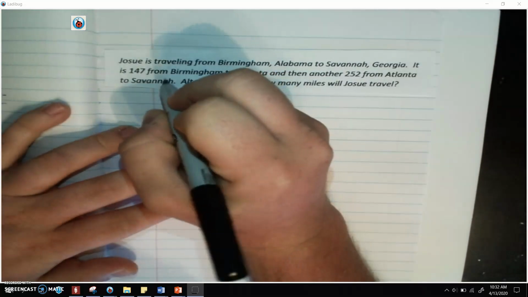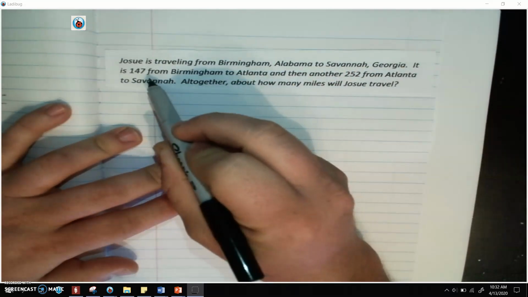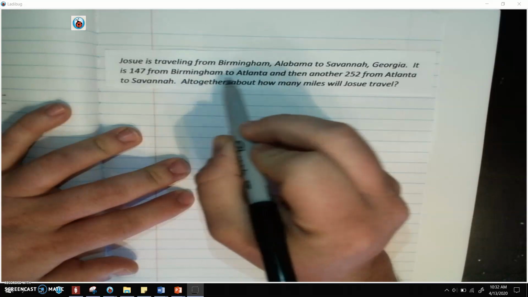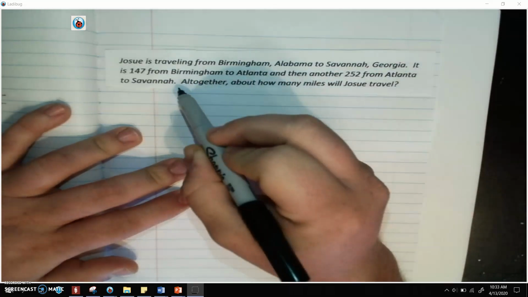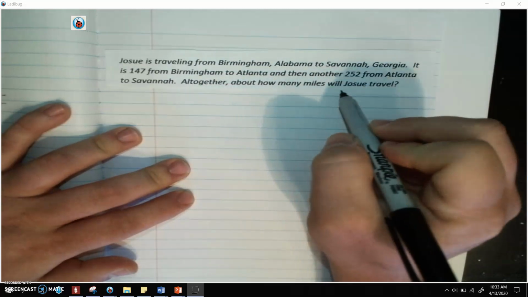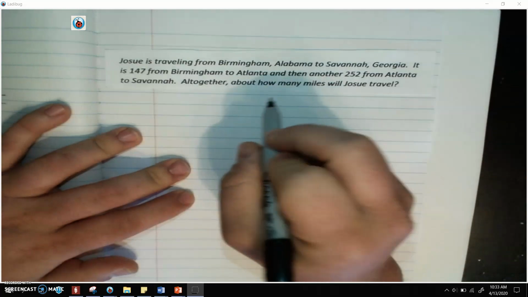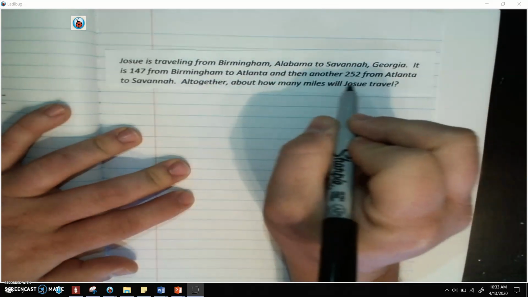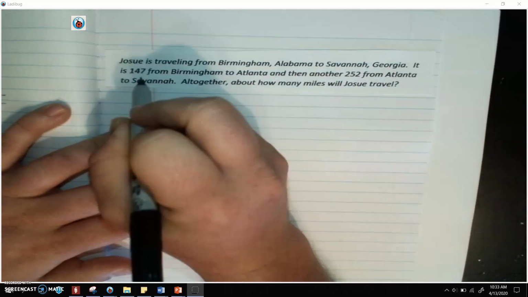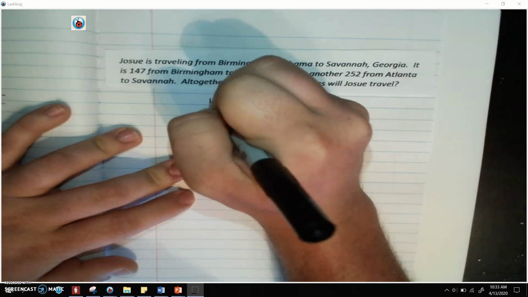It says Josu is traveling from Birmingham, Alabama to Savannah, Georgia. It is 147 from Birmingham to Atlanta, and then another 252 from Atlanta to Savannah. Altogether, about how many miles will Josu travel? So when we're looking at that, I know that I'm looking at altogether. I'm looking at adding, and I want to find the total, 252 and 147 miles. So I'm going to write an equation of 147